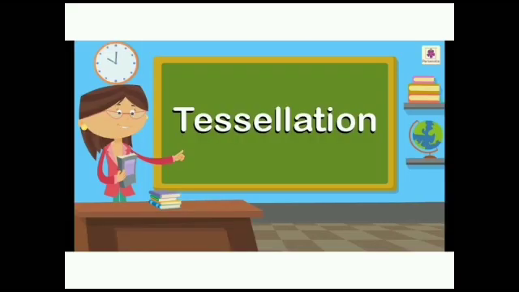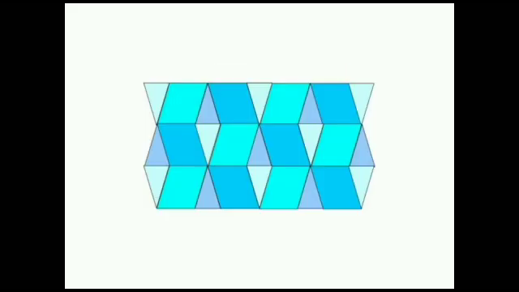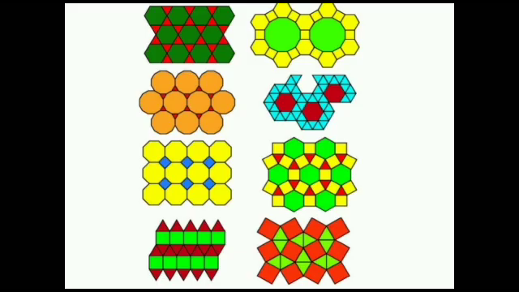Next we are going to see about tessellation. What is tessellation? Tessellation is arranging of shapes close together. Triangles, squares, hexagons or the regular polygons tessellate in the plane. Children, you can also draw like this, tessellating in the plane region using squares, etc. 2D shape and 3D shape. Thank you. We can watch it in the next video.